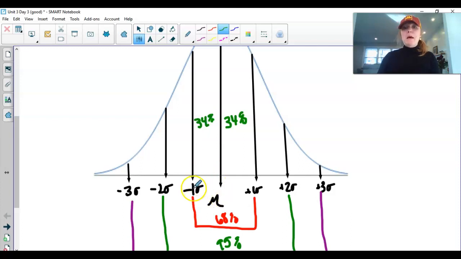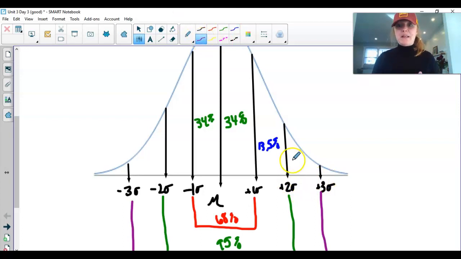34% of people will be 1 standard deviation below the mean to the mean, somewhere in this interval. People who score, or have a z-score, from 1 standard deviation above the mean to the 2nd standard deviation above the mean, that's 13.5% of people or observations. And between the 2nd and the 3rd standard deviation,